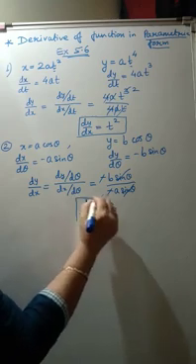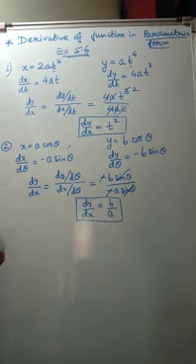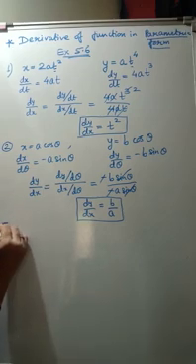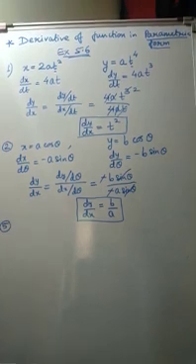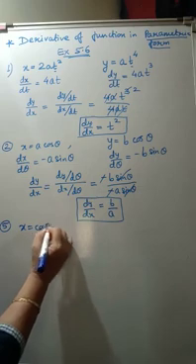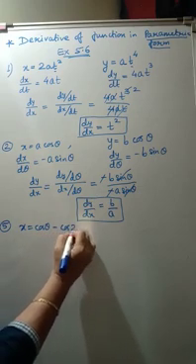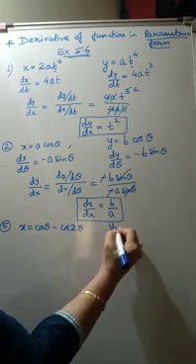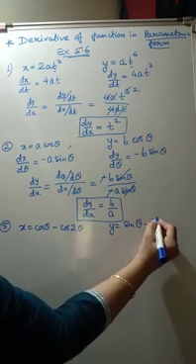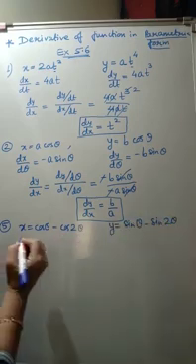These all are 1 mark questions. They can be objective, fill in the blanks, or do as directed. Now I am not doing the third one, I am doing the fifth one. What is the fifth question? It's x equals cos theta minus cos 2 theta and y is equal to sin theta minus sin 2 theta.